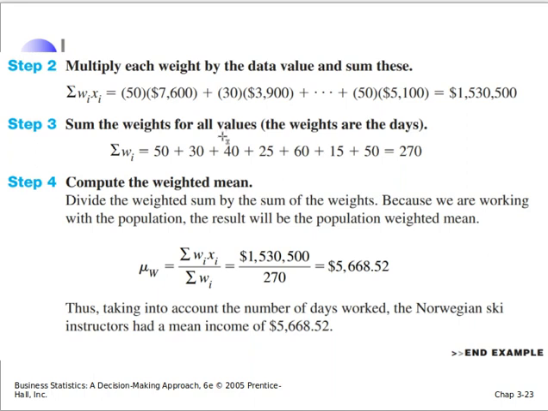Now step 3, sum the weights for all values. These are the weights, the number of days that each instructor worked, which is a total of 270. Now compute the weighted mean. Divide the weighted sum by the sum of the weights. Because we are working with the population, the result will be the population mean, the population weighted mean, which is